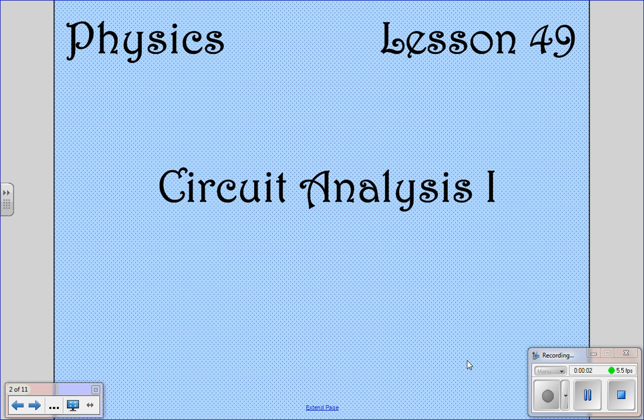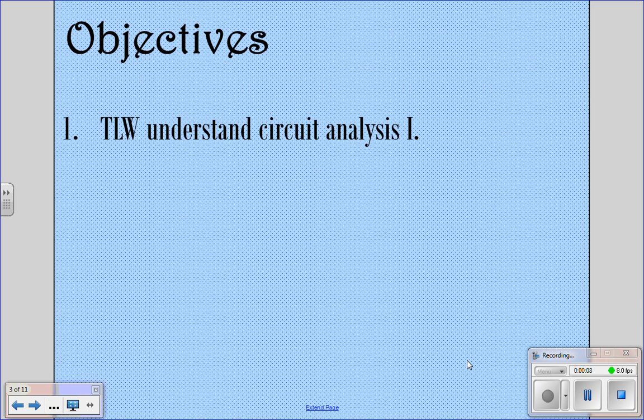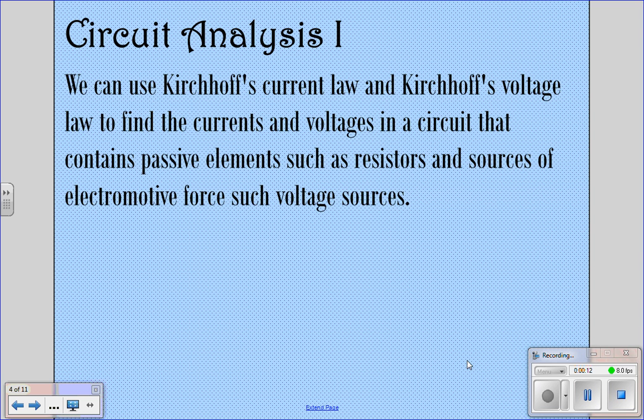All right, so today we're going to look at lesson 49. We're going to look at circuit analysis part 1. Hopefully you'll understand circuit analysis after this lesson. We looked at Kirchhoff's current law and Kirchhoff's voltage law on lesson 47, I believe,